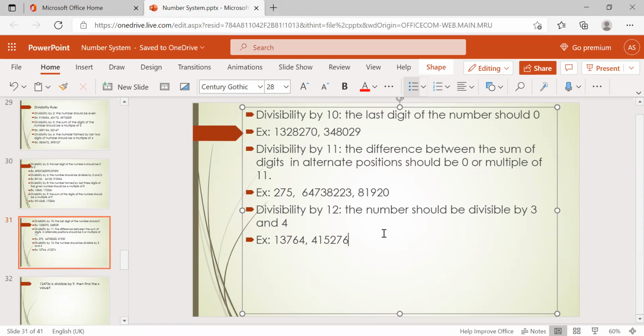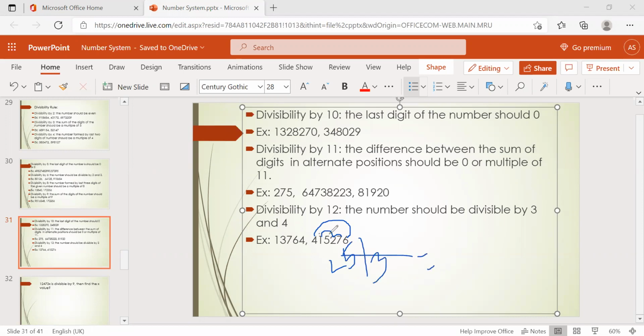415276. Okay. By seeing it, 76 is divisible by 4. Yes, of course, 19, 4 are divisible by 4. Okay, one condition is satisfied. What about the second condition? Check this now: 4, and this one is 10, and this one is 10, 20, 25. 25 is not divisible by 3, right?